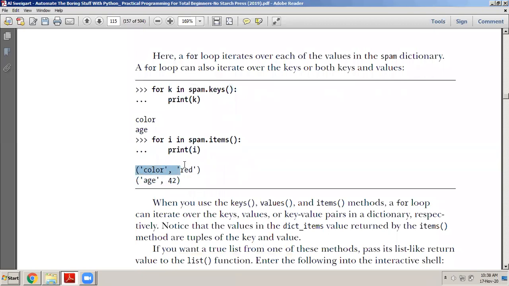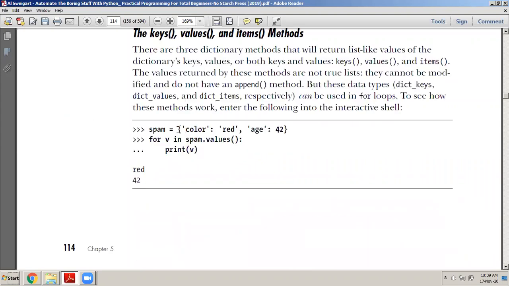And you can see that this is put in simple brackets. When it is put in simple brackets, you know that it is a tuple. When you have a list of items in square brackets, it is a list. When it is in simple brackets like this, which I have highlighted just now, it is a tuple. And when it is in flower brackets, it is a dictionary. Please remember, these brackets that we put the elements into play a very important role. If it is a square bracket, then you know that it is a list. If it is put in simple parentheses like this, then you know that it is a tuple. And if it is put in flower brackets, then you know that it is a dictionary.